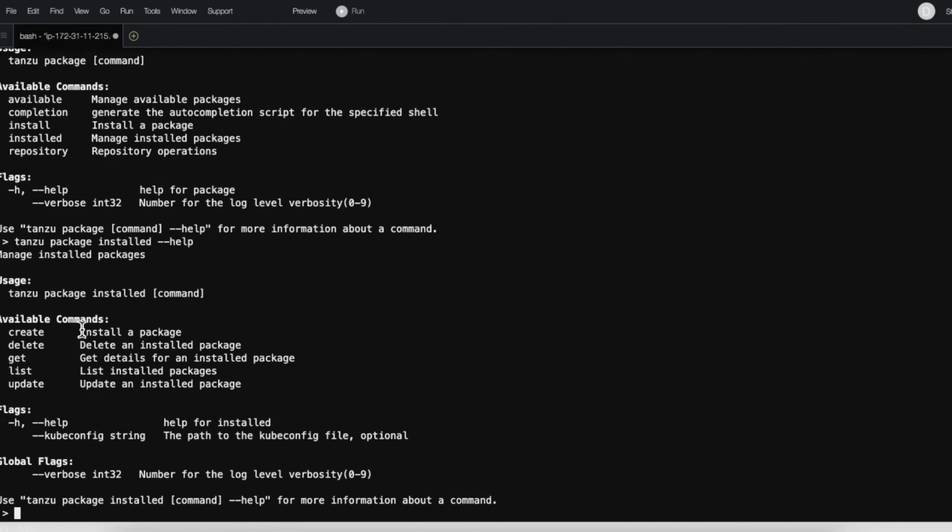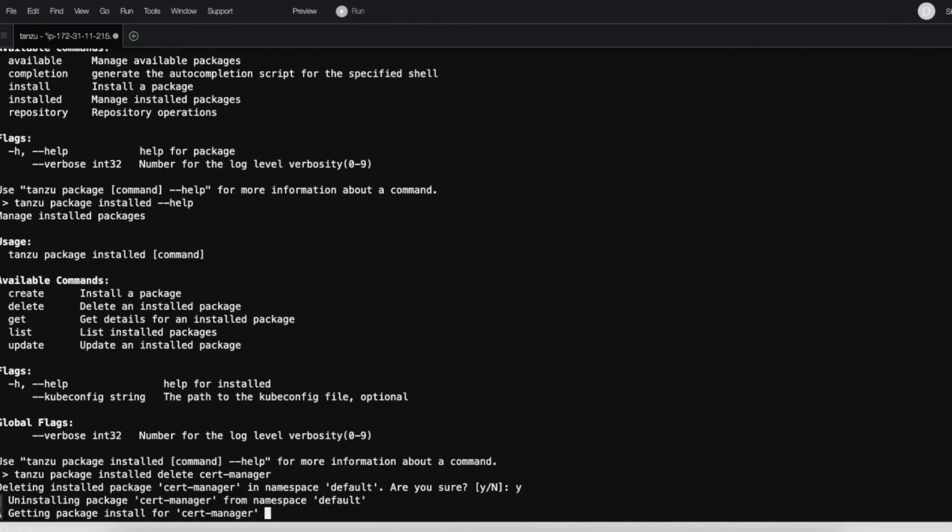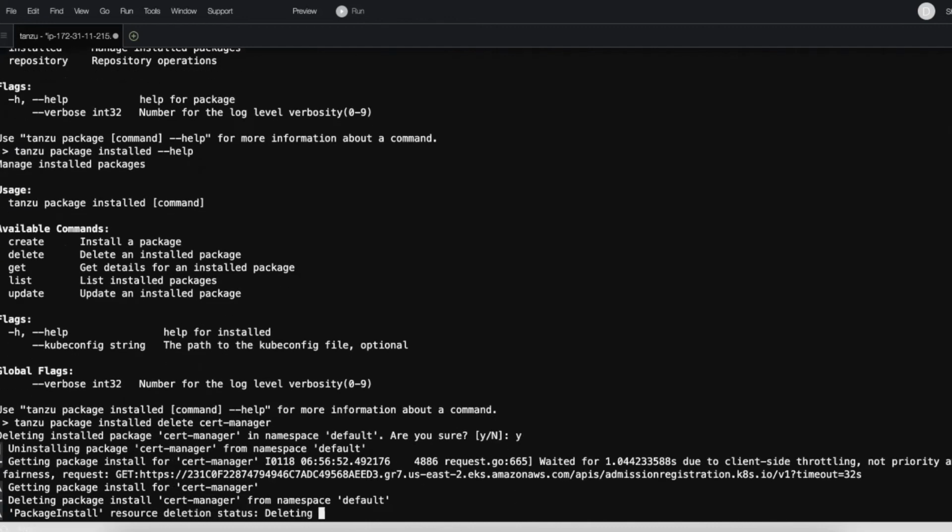So now let's say if I want to just delete the package, we can say tanzu package installed delete, and the package name we have given is cert-manager. It will ask confirmation, and then it is going to delete that package. So it is going to remove all the Kubernetes resources that were created, including the namespace, and then eventually it will show the message that the deletion was successful.